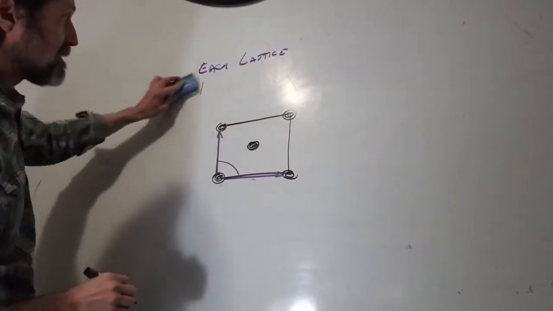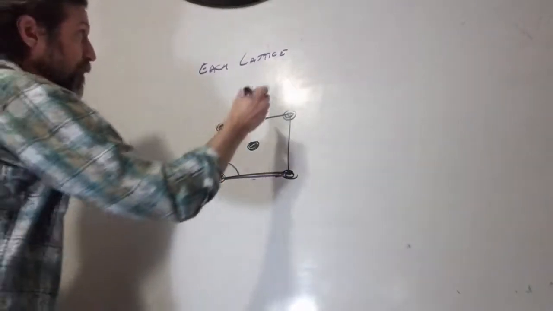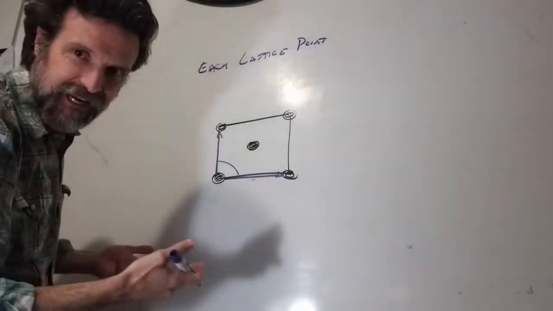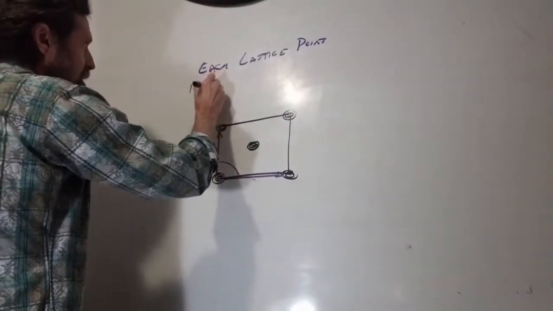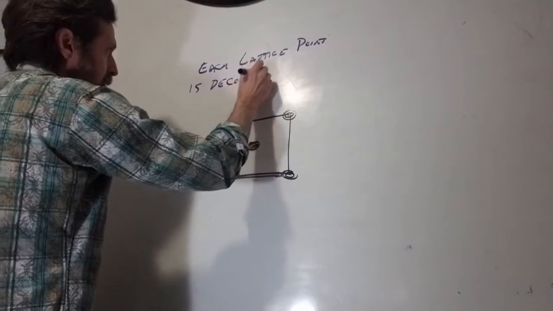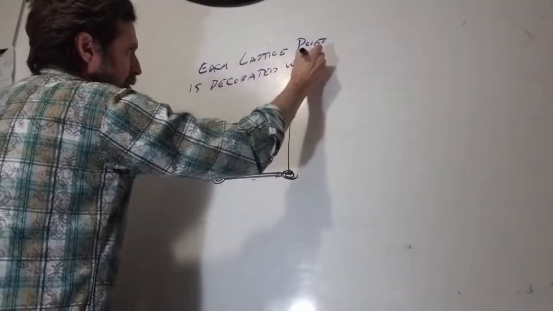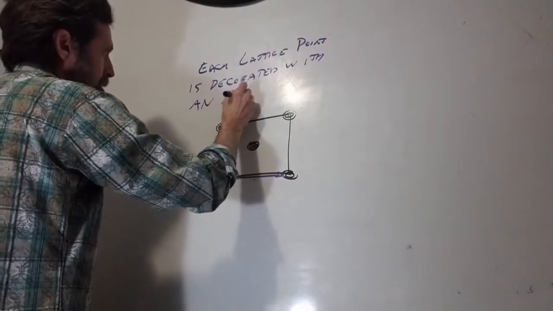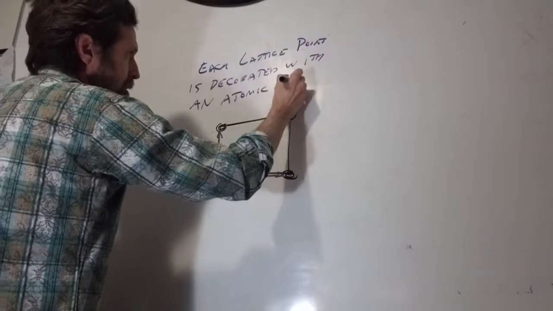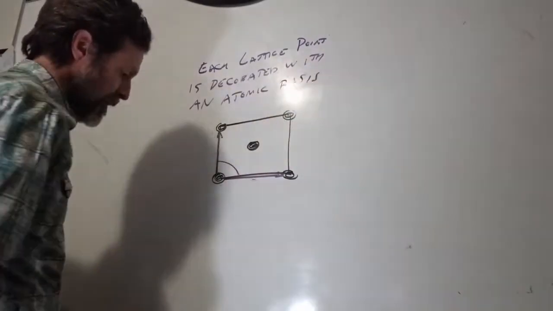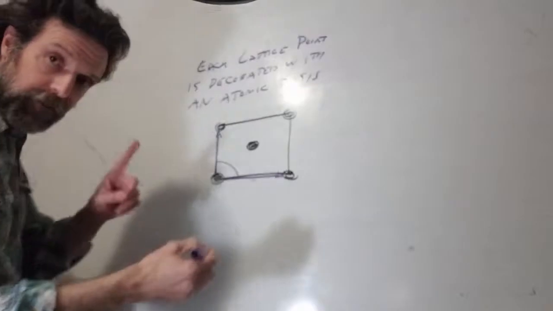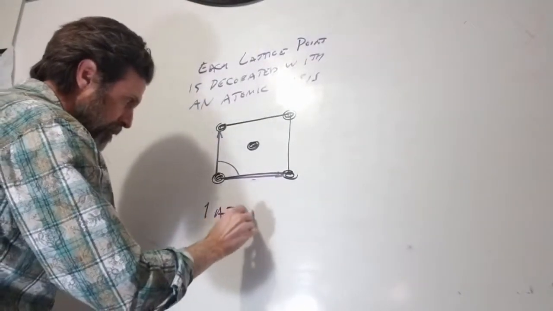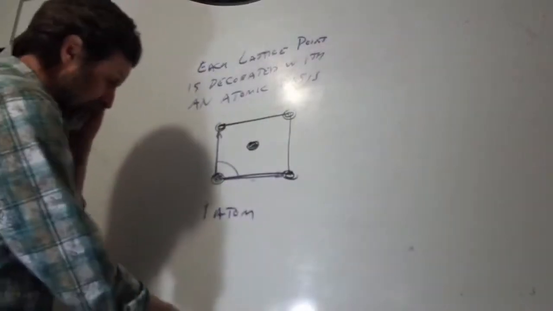Each lattice parameter, each lattice point. We oftentimes call it decorated. We say it is decorated with an atomic basis. So for example, we might say our atomic basis is 1 atom. That's the simplest, right? 1. And if you have a 1 atom atomic basis, let's say,